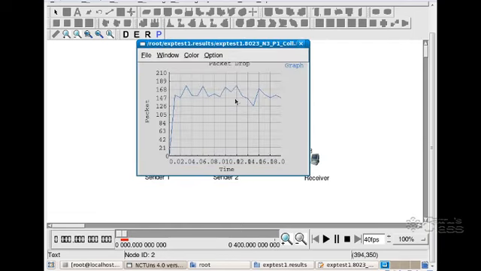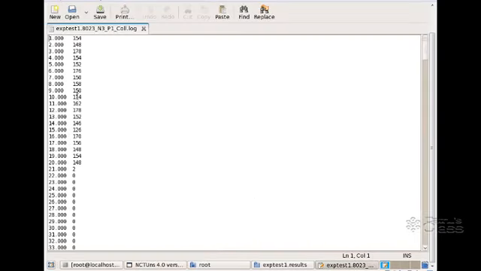Here the maximum packet drop is around second 3, and it is about 178. See here also 178, and at second 12 also 178.